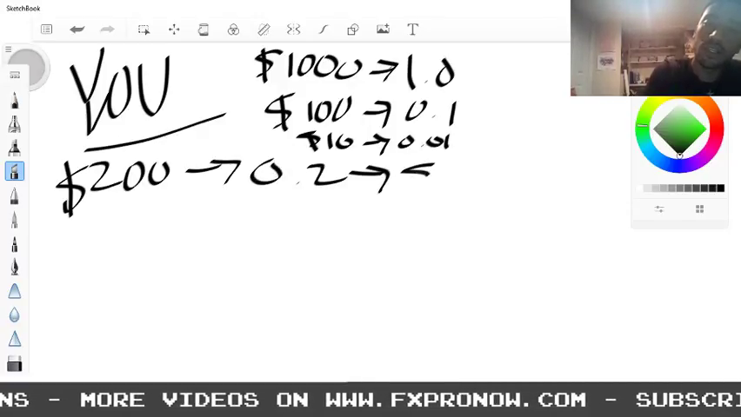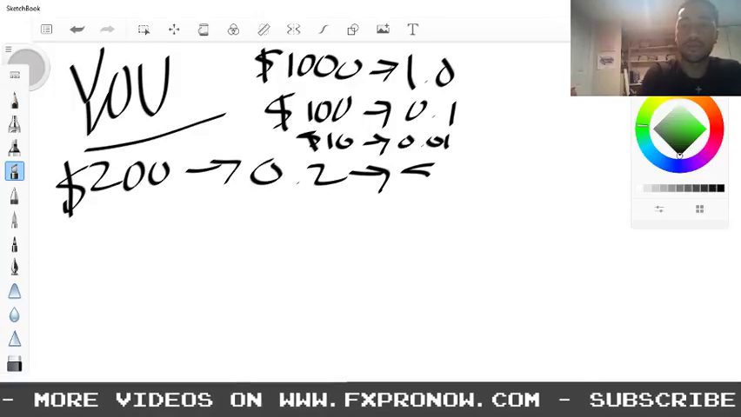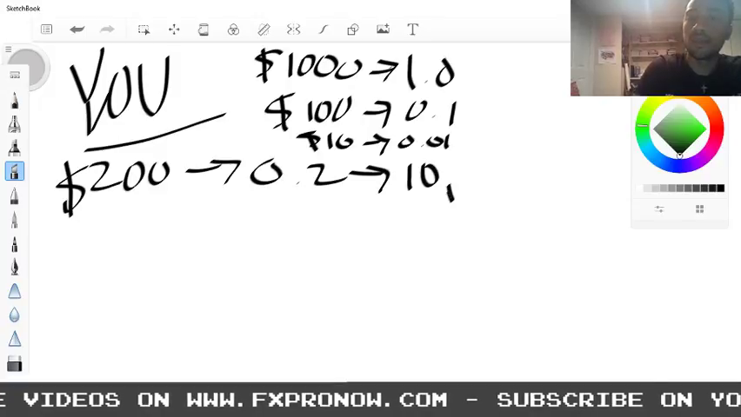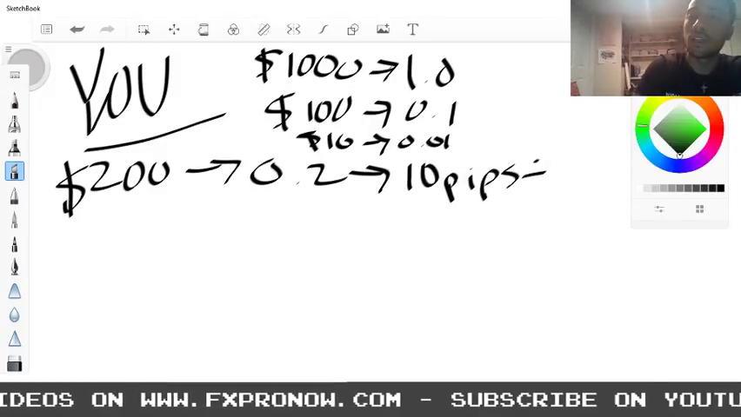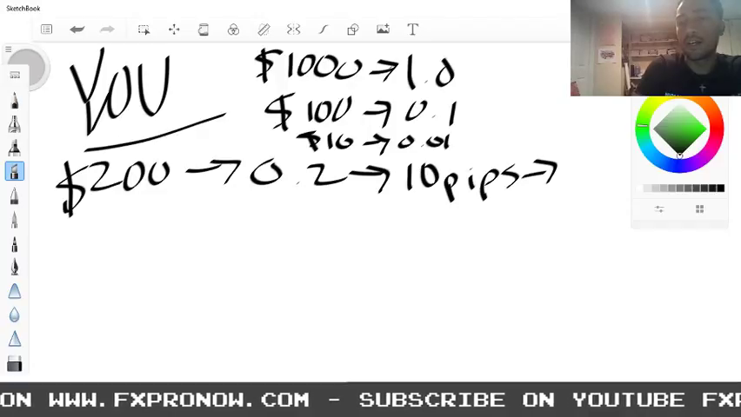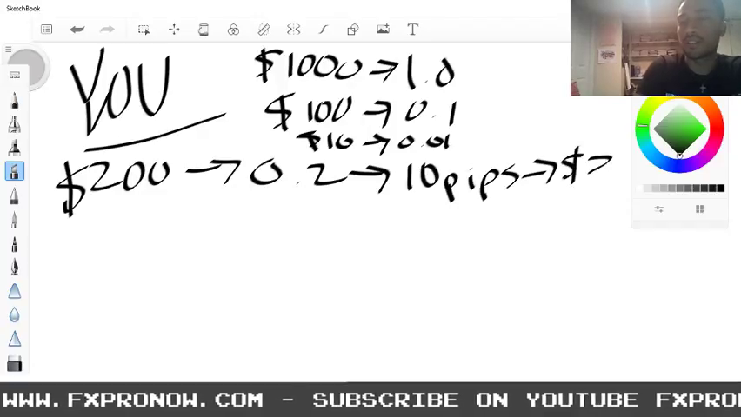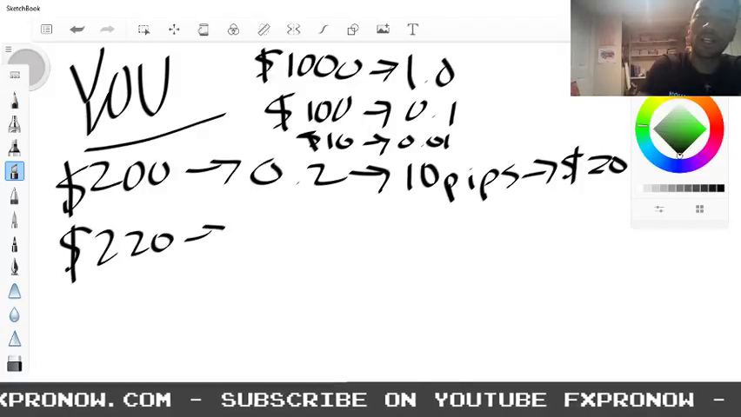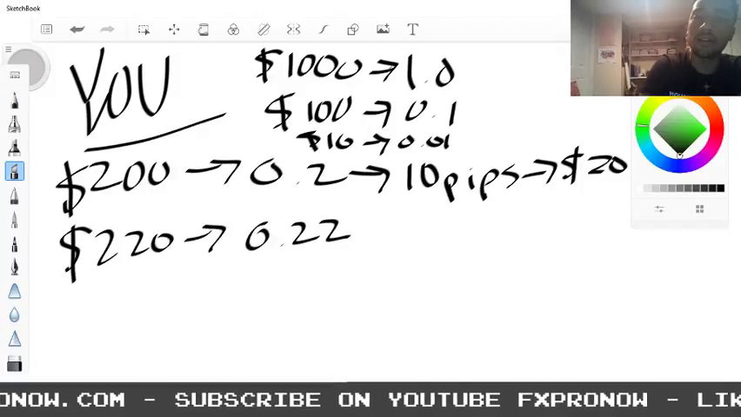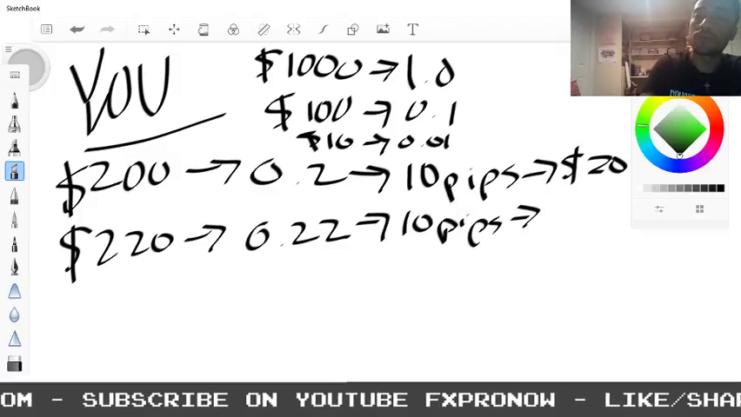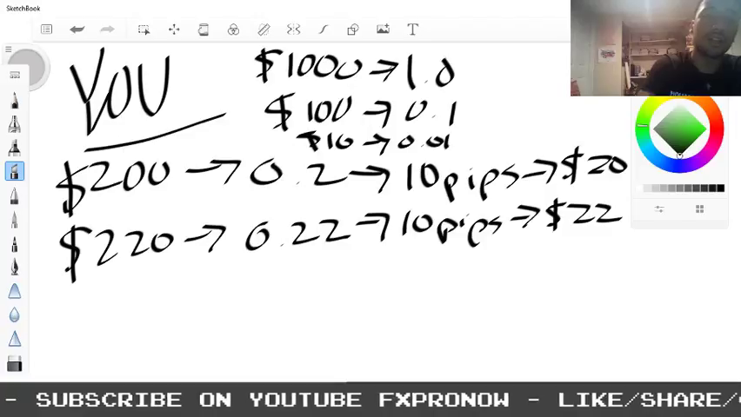When that moves 10 pips, it's moving $20. Now you have $220 in your account. Now you can go to a higher lot size. That moves 10 pips, $22,